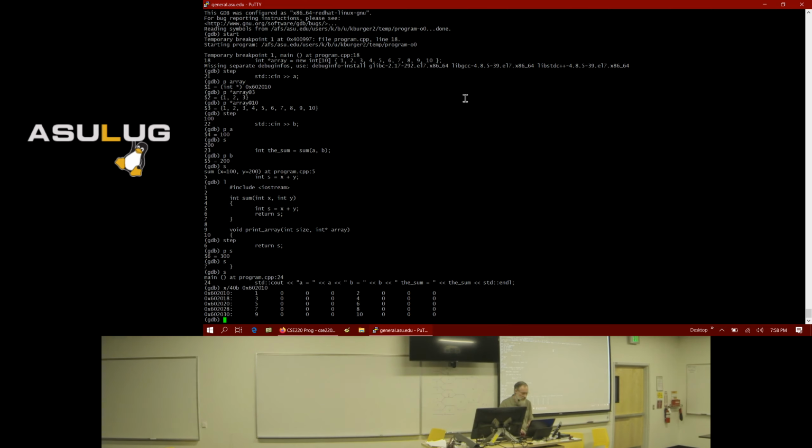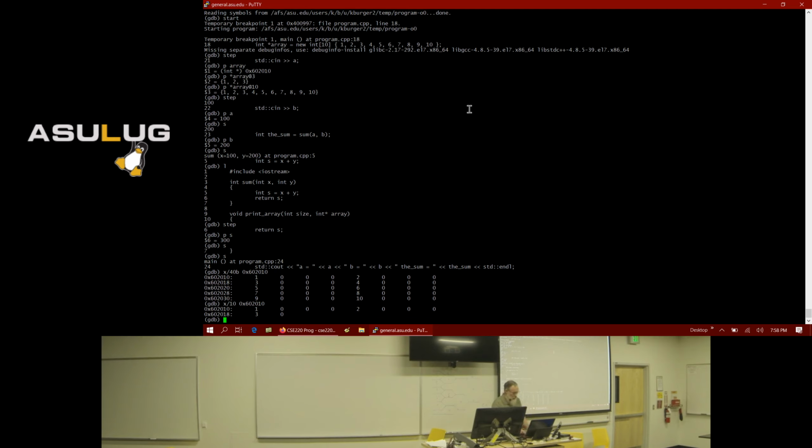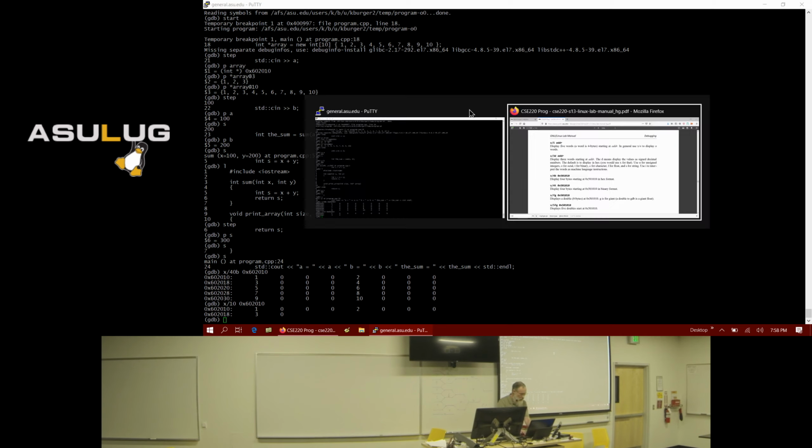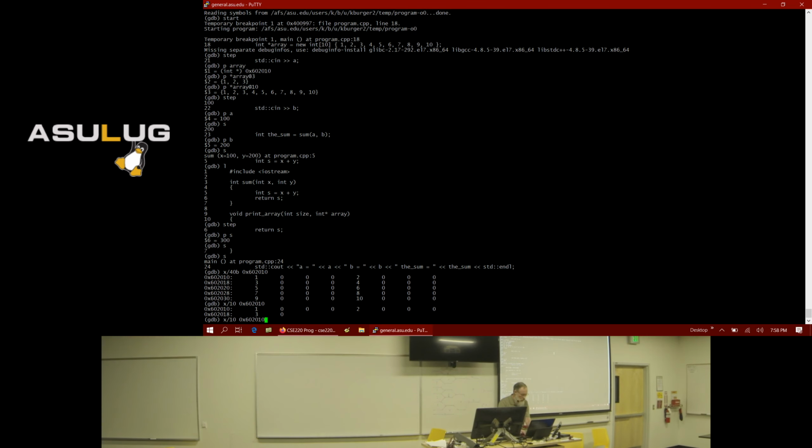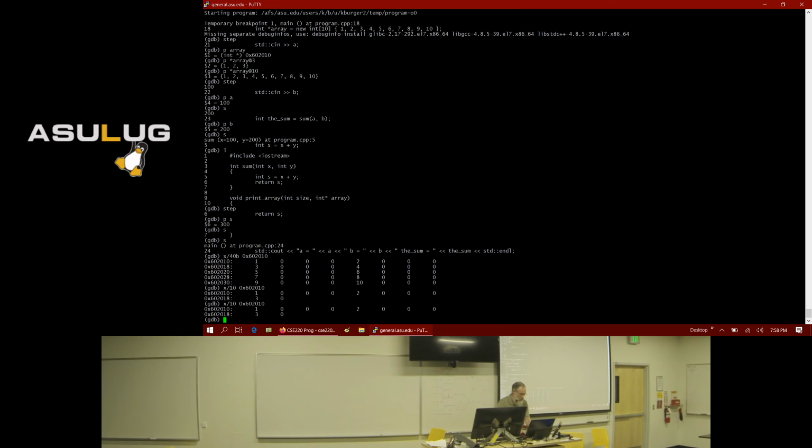So if I do X 10, and then my array address, I thought that would display it differently. I was assuming it would print 0001, like it would put these 4 individual bytes together and display them as one value. That's what I thought it would do, but it's not doing that.